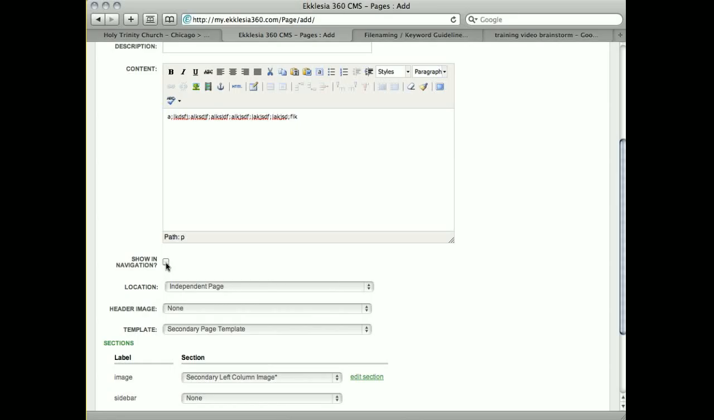So you have two options, obviously, for show navigation. Either leave it unchecked or check it. So what happens if it's unchecked? Well, if it's unchecked, then your result is an independent page. And you want to use the independent pages for